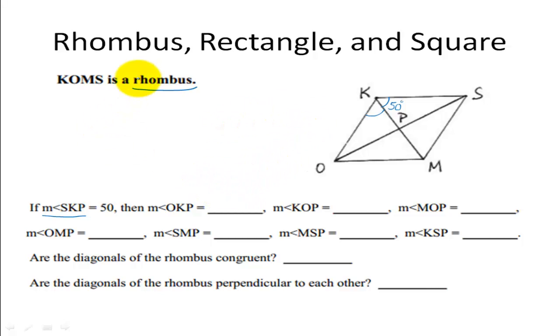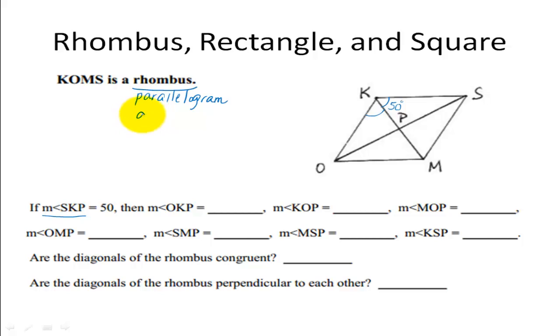For this example, we're going to talk about the rhombus, and here I have marked the initial information off, but before we start working on it, whenever you see the word rhombus, the properties of a rhombus have to pop up in your mind automatically. The properties of a rhombus are all the properties of the parallelogram. The rhombus inherits parallelogram. The rhombus will inherit all the properties of a parallelogram, plus extra,